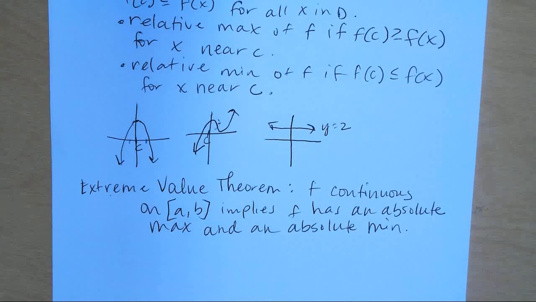And why is that true? If you have a closed interval, why does there have to be an absolute max and an absolute min on the interval? Because you have space to work with, so you know the point where there's no